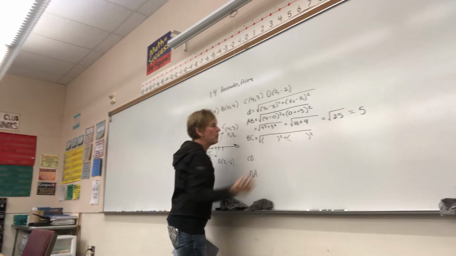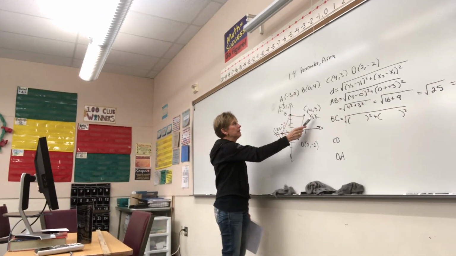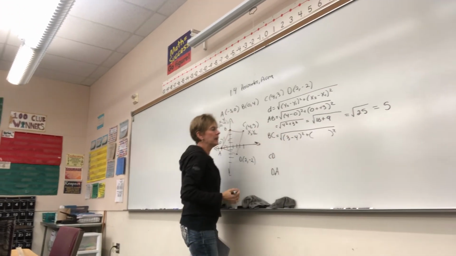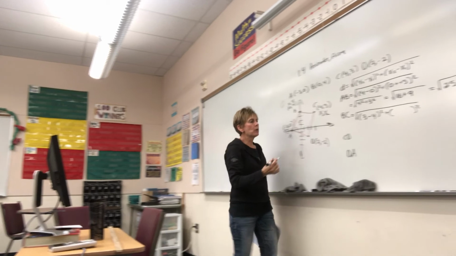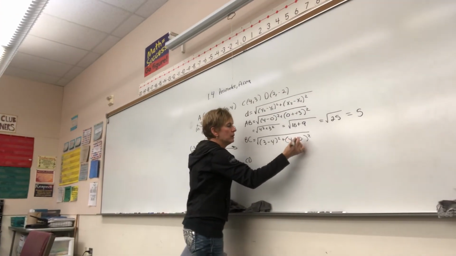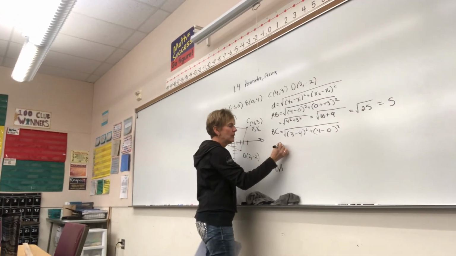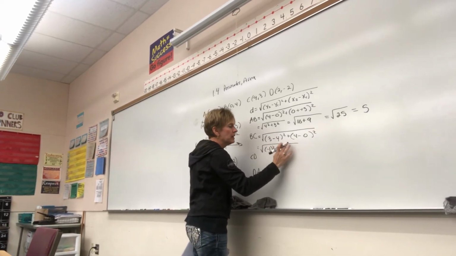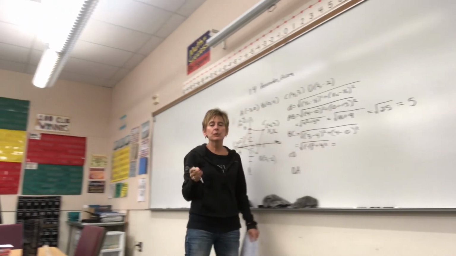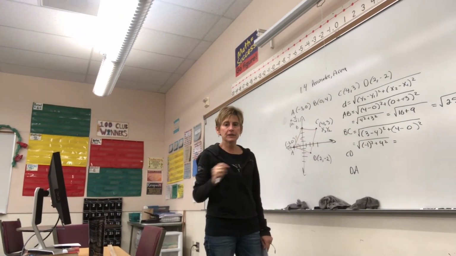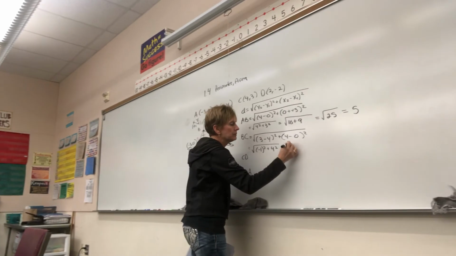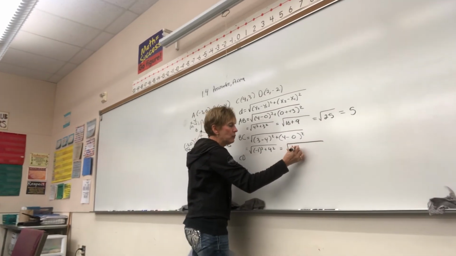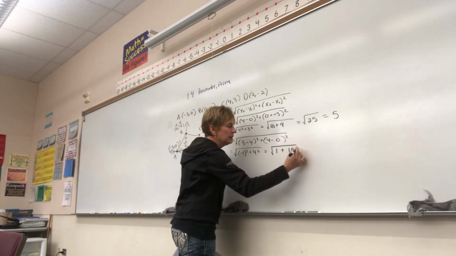So I want to do y2 minus y1. So 3 minus 4 quantity squared plus 4 minus 0 quantity squared. And that works out to negative 1 squared plus 4 squared. Now remember, anytime you square a negative number, it turns into a positive. So this becomes the square root of negative 1 times negative 1, or positive 1 plus 16, which is the